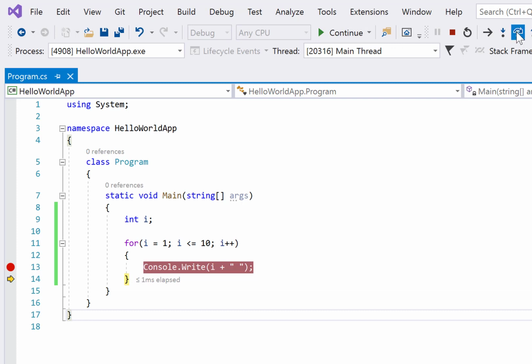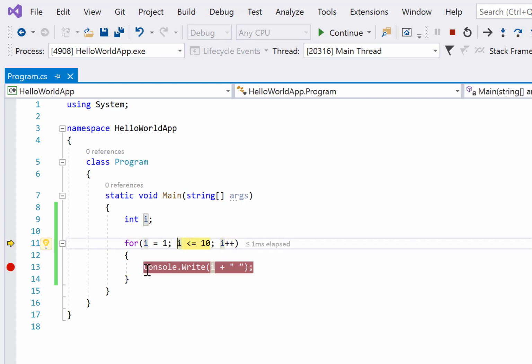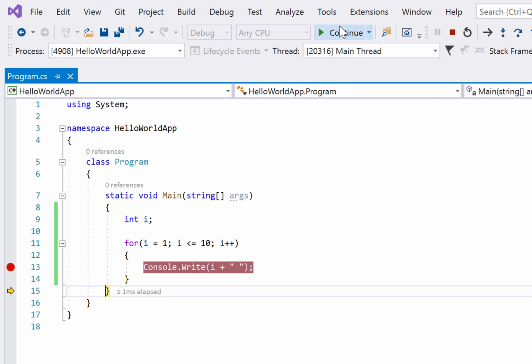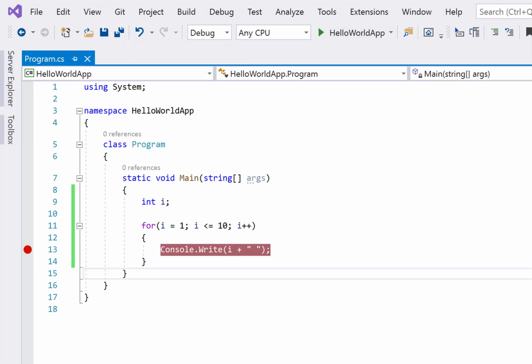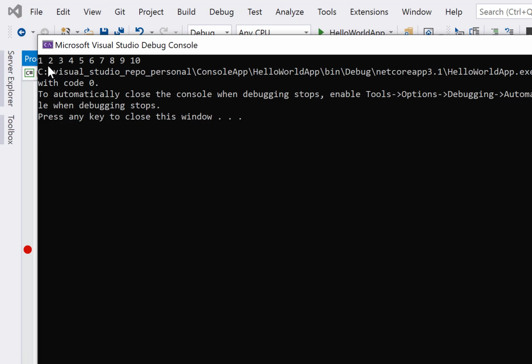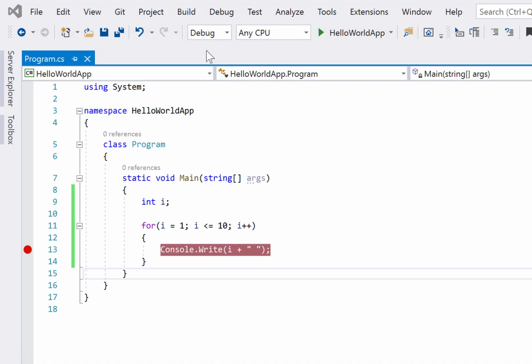Now after that, when the value increases to 11, the I value is 11. It means now this is not less than or equal to 10. So in this case it won't go into this one, and it will exit the loop, right? So this is how we basically print the value. Now you could see it has printed from 1 to 10. So this was the for loop.